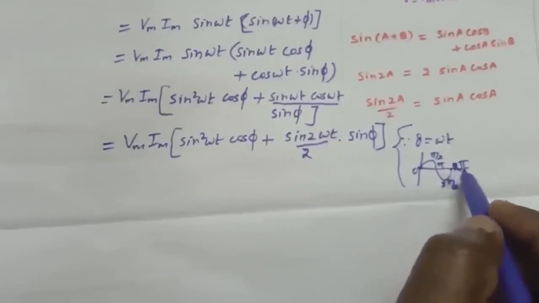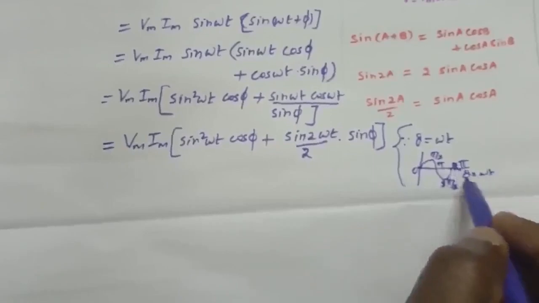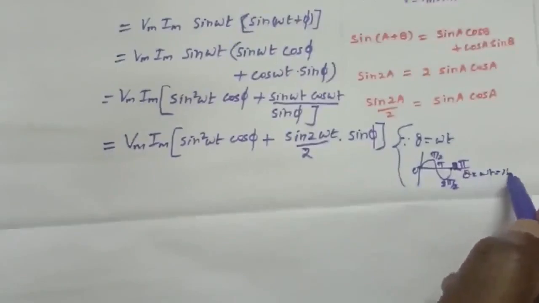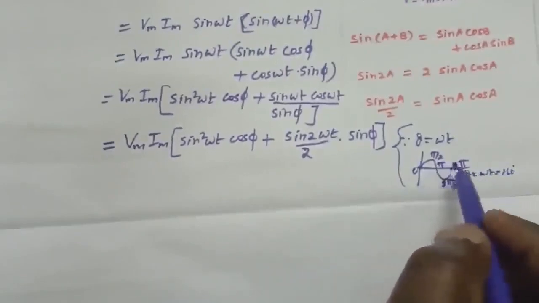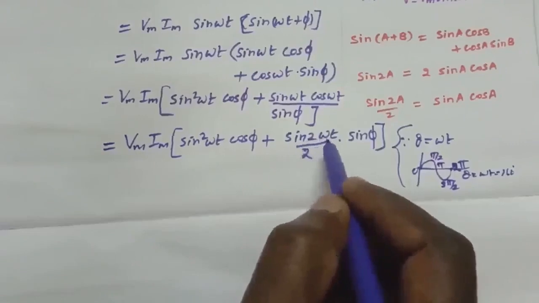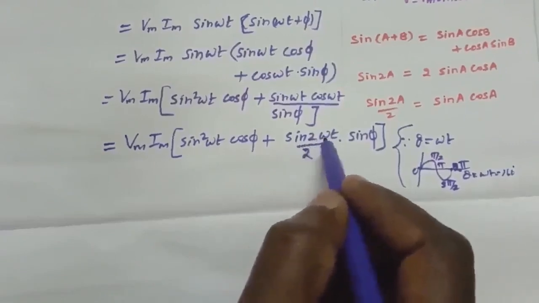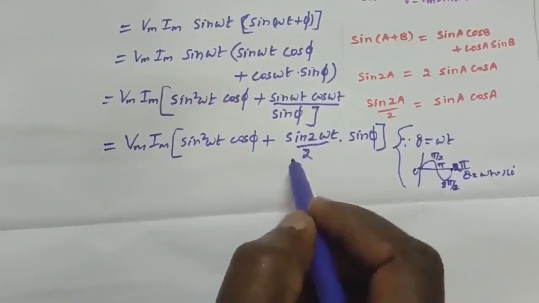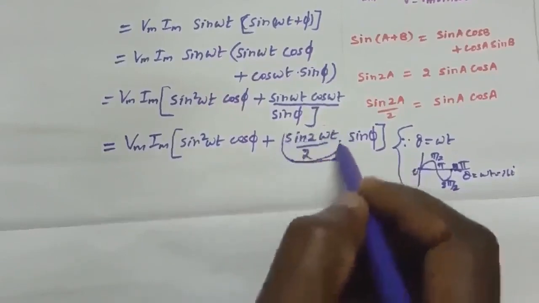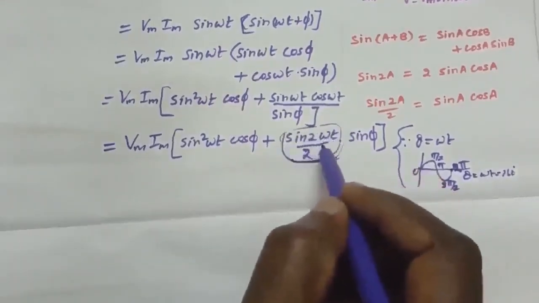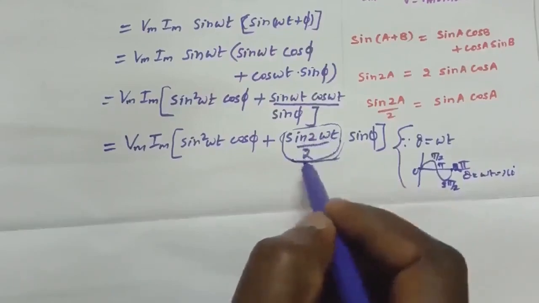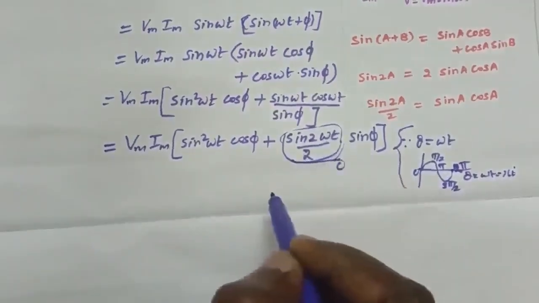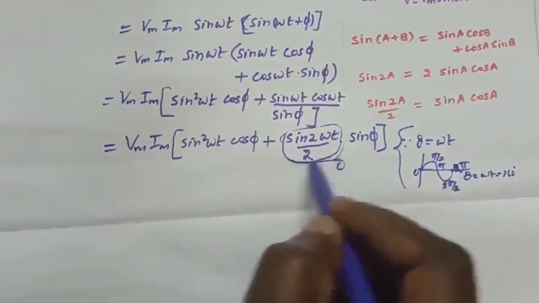Now theta is equal to omega t. What is theta? 360. So 2 omega t is nothing but 360 degrees. Are you clear? Now substitute here sine 2 into 360. Already you know that sine 360 is 0, into 2, so the total term is 0. Sine 2 omega t is 0, and 0 divided by anything is 0. 0 into sine phi is 0. Are you clear? This total term is 0.